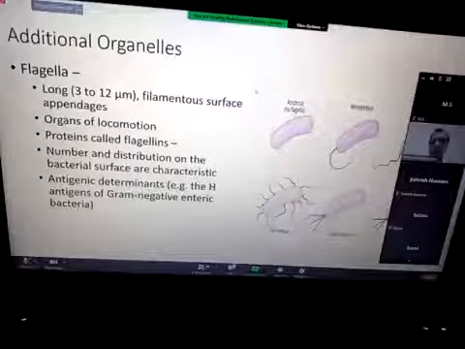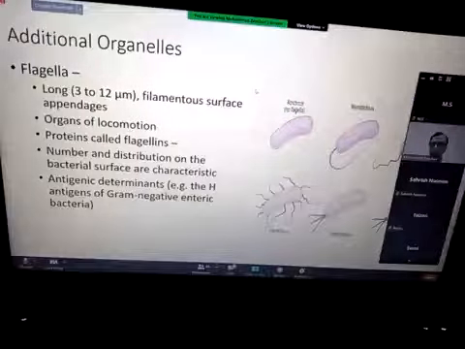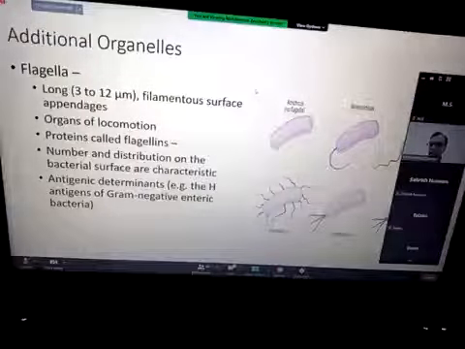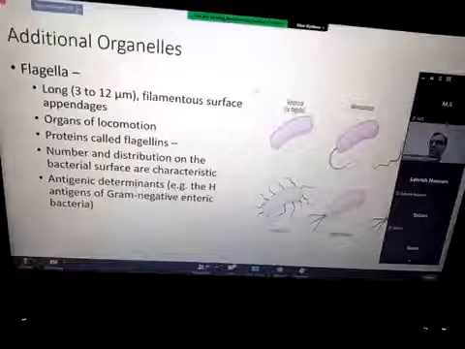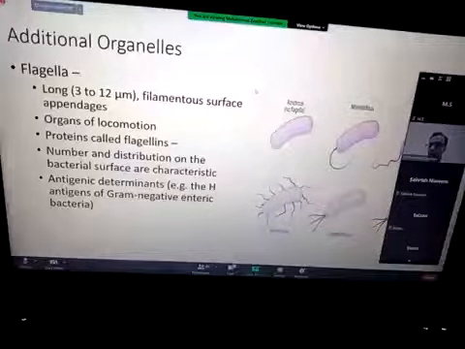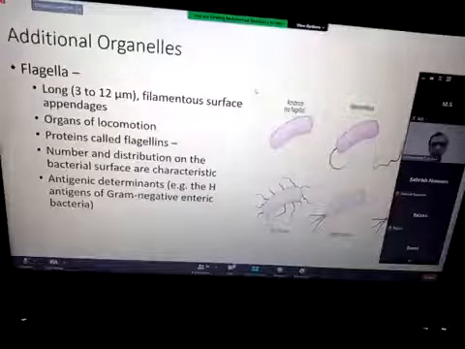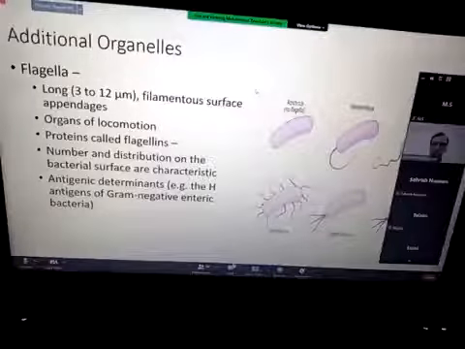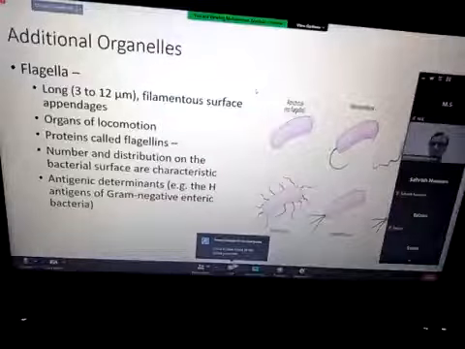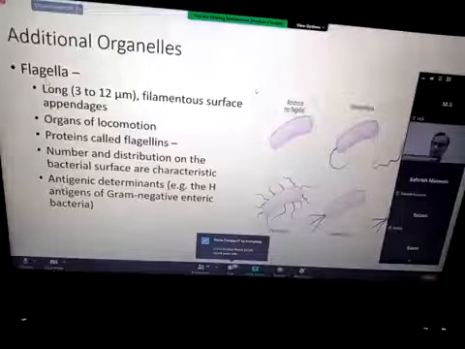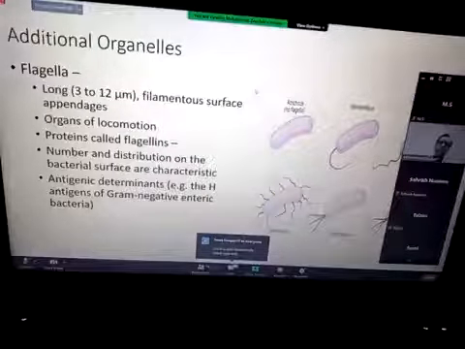For example, Salmonella typhi or Salmonella species have a very prominent H antigen, and this H antigen helps in the serological identification of bacteria like Salmonella, and we use it in epidemiological studies. So flagella help bacteria in locomotion, and are used in bacterial identification in routine clinical labs